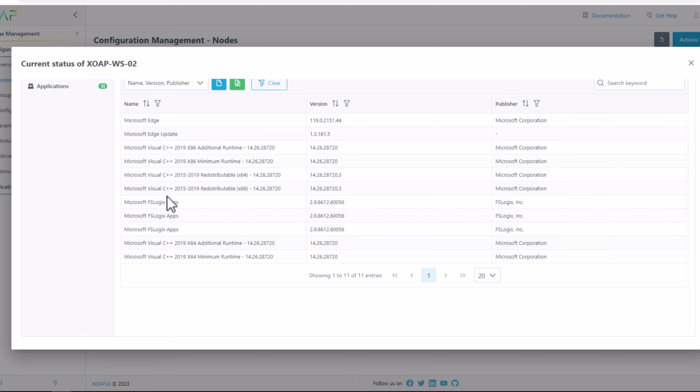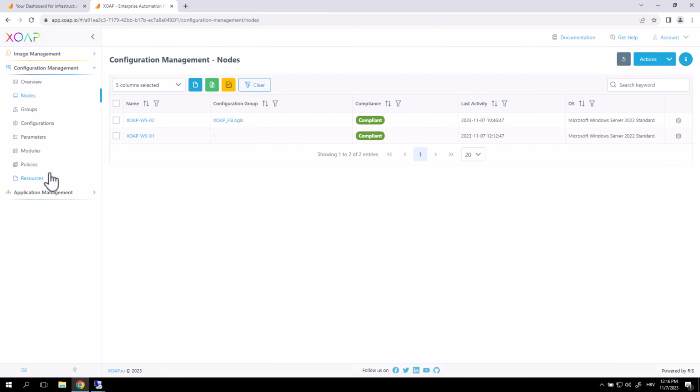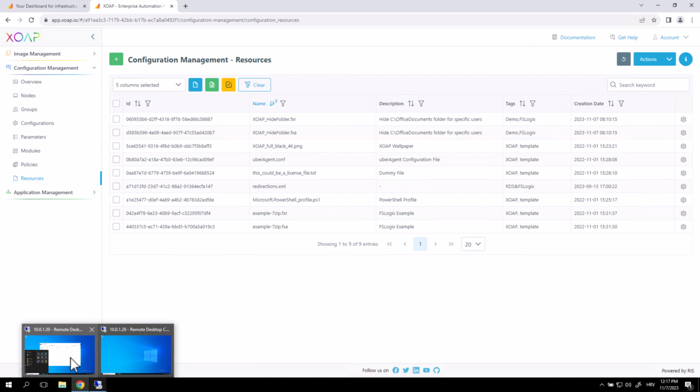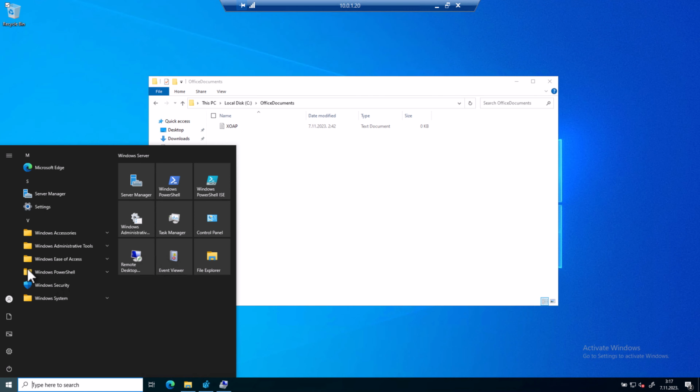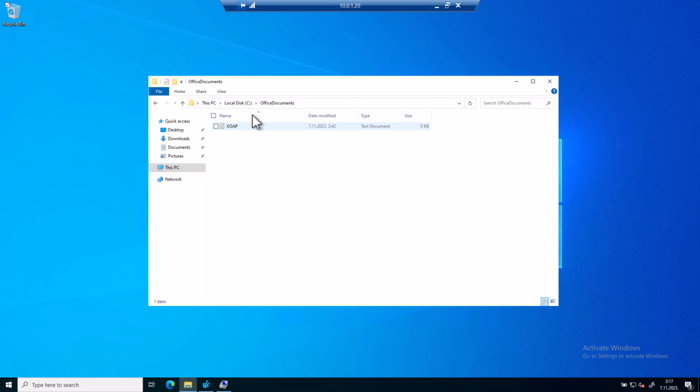In applications, you can see that Microsoft FSLogix apps is installed. Also, what we applied is an FSLogix rule set, which actually hides the Office Documents folder on C for all users except administrator. So to show you the difference, first I logged in on the server as administrator. As you can see, if I go to the local disk C, in the root of C, I can see the Office Documents